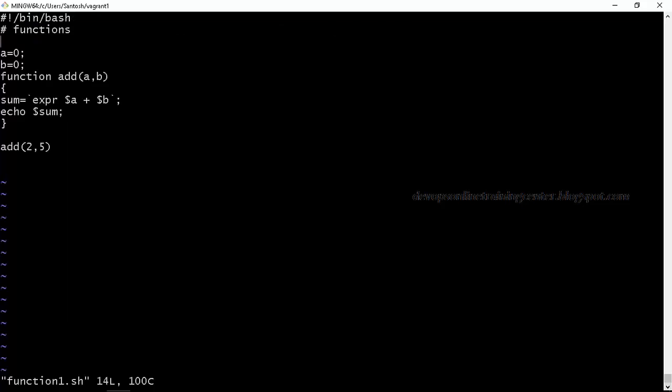There is some syntax error. Bin bash, a equal to 0, function add a comma b. This is fine.